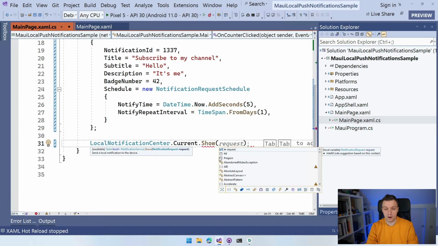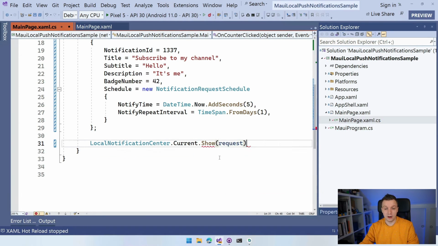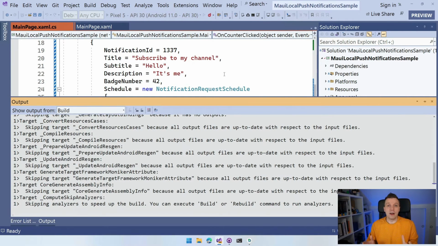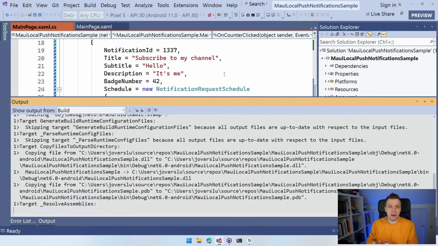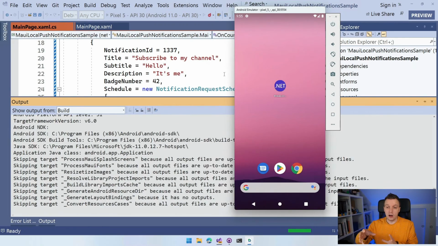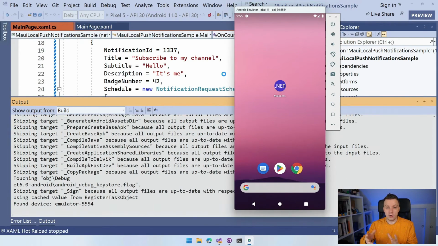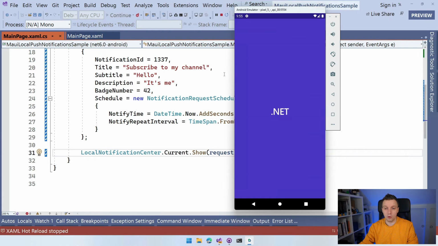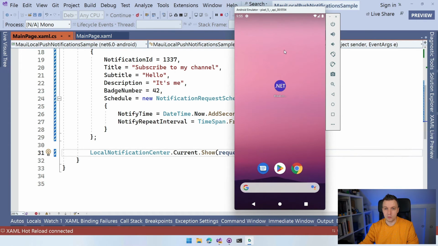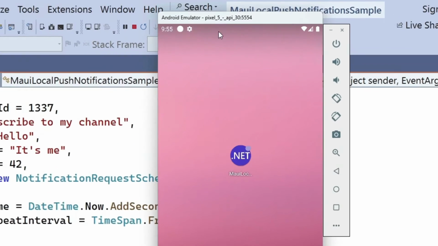So we put in our request that we've just created here. And with this, we should be able to show our actual notification. So let's deploy this application to our Android emulator. And now whenever I click the button, it will schedule our notification for 5 seconds in the future, and we should see it show up. So here it is, our application is being deployed, and here we are, our application is here. So if I do click me and I'm going to get out of this application, then it's going to show me that notification. So pay attention to the top bar here,